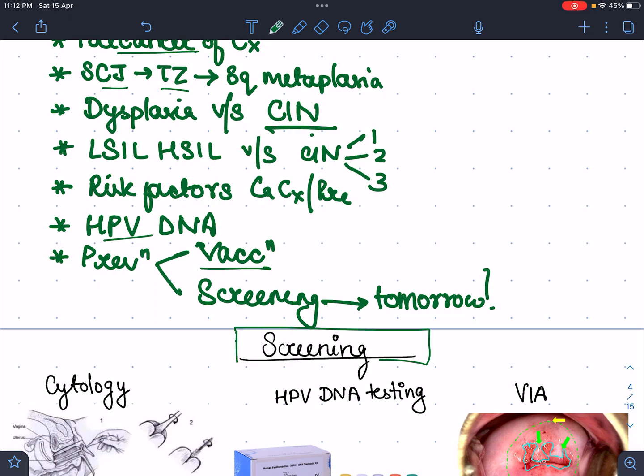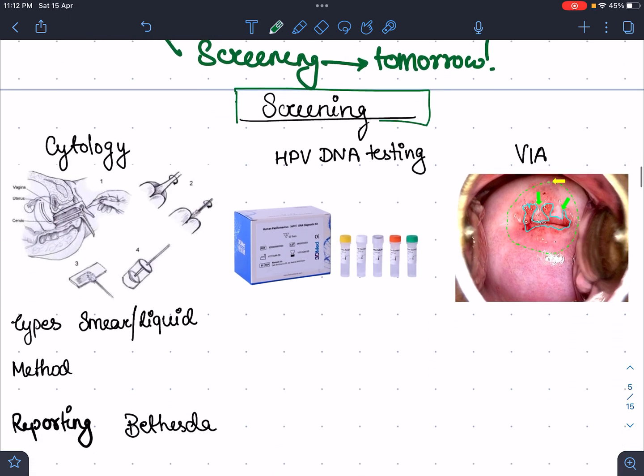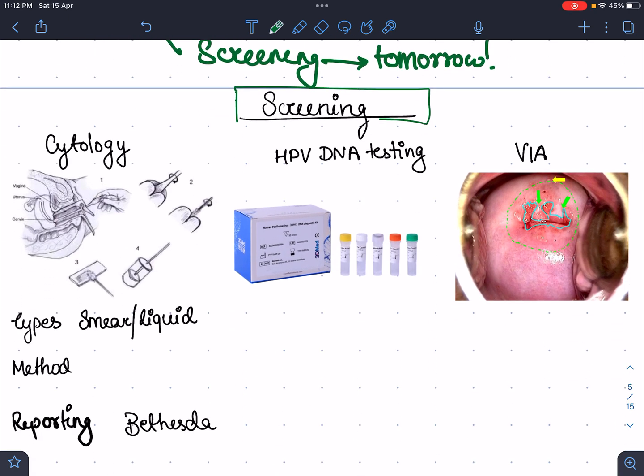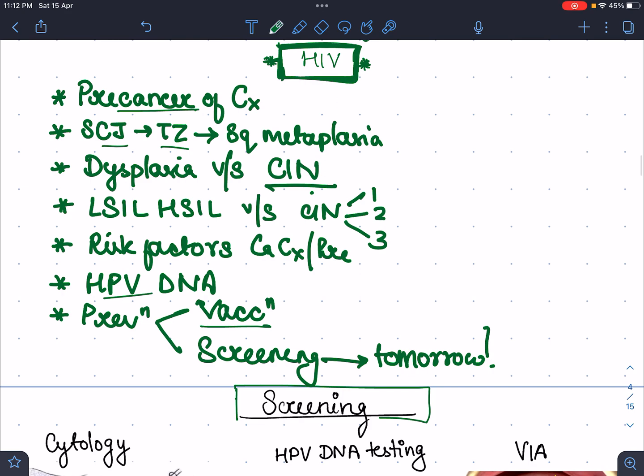So I hope everybody knows what screening is for. We screen a general population for diseases for which they might not have developed symptoms yet. This is basically to catch the disease at a very preliminary stage and treat it before it becomes much worse and untreatable. Like I told you yesterday, the time when HPV or any risk